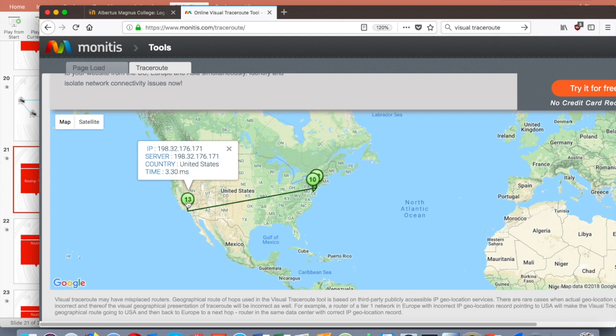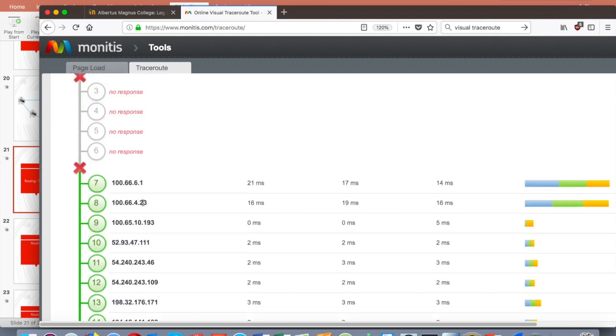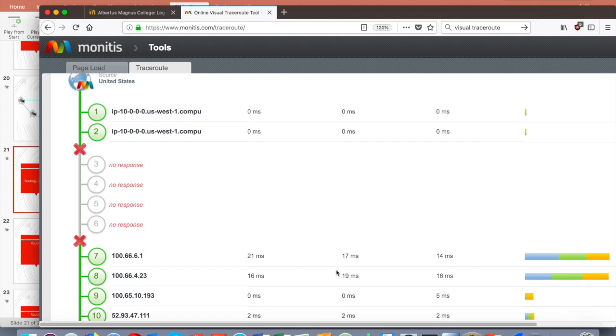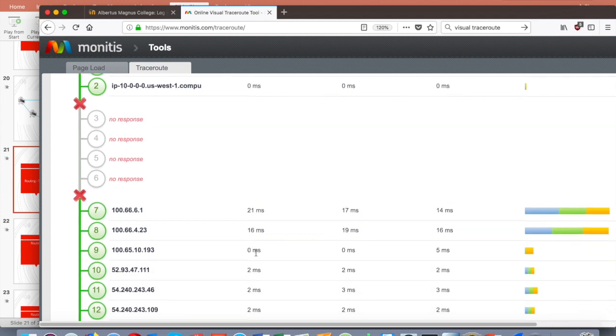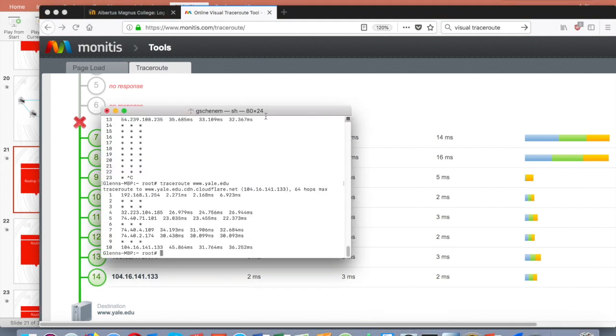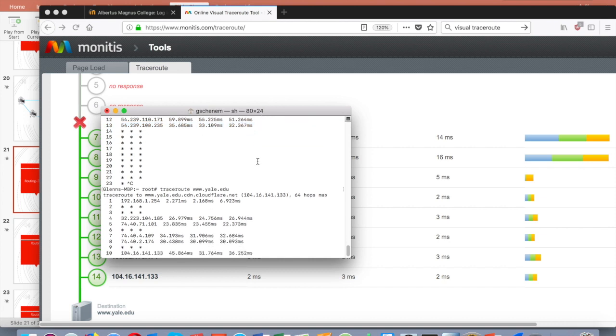So that's quite possible. Let's take a look. Down here we usually get some better ideas as to what's going on. So here are some of the hops. It shows the connection speed and information. This does look very similar to the trace route that I had originally done. It does look like it jumps through to California though, which isn't probably the most efficient way to make the connection. So let's try and compare it and see what we get with our trace route.